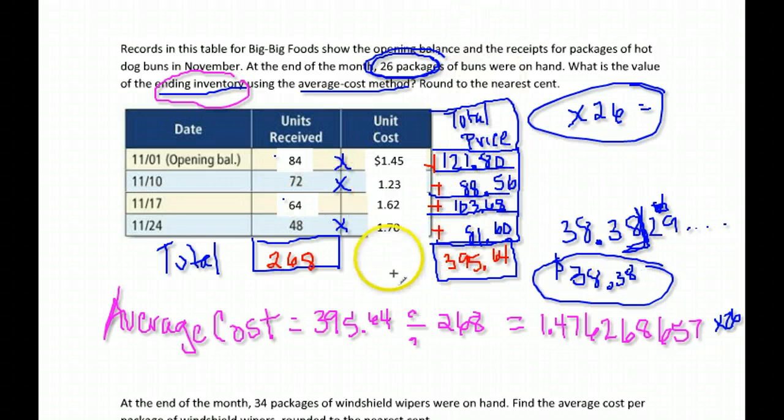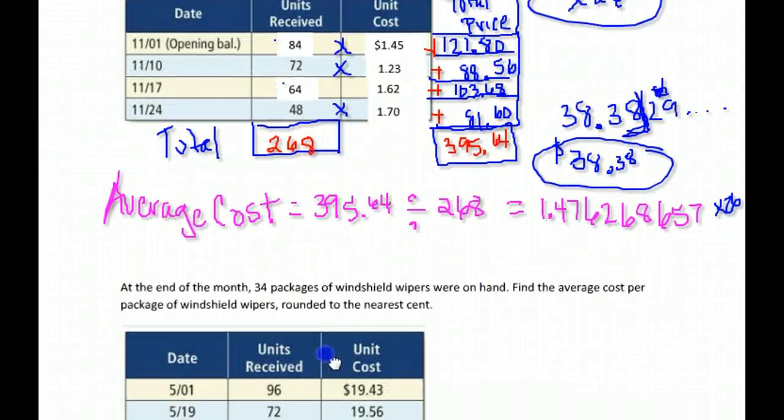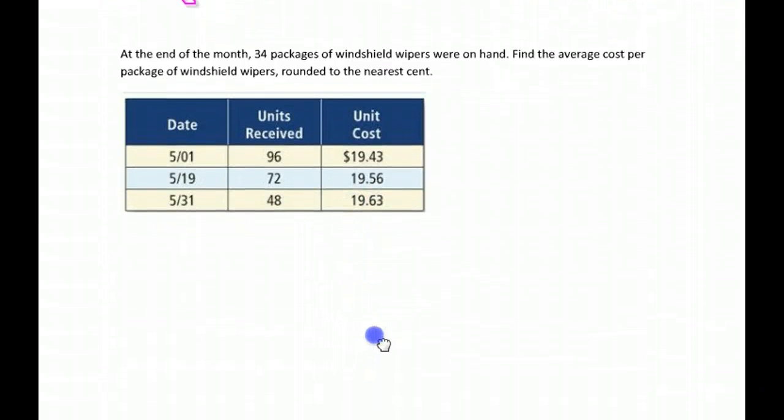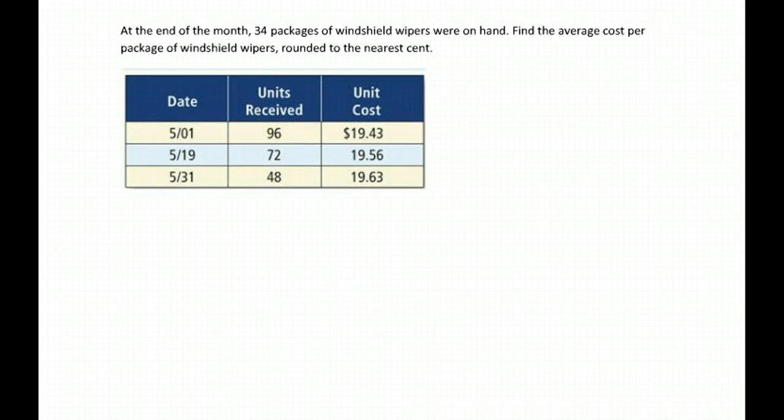Okay, so that took us through all of the steps we might have to go through in a problem. All right, this is our final